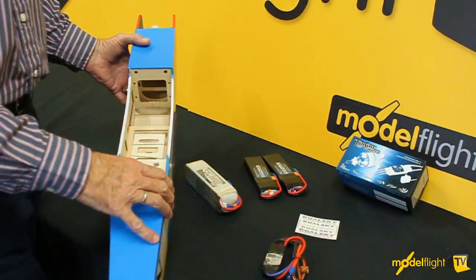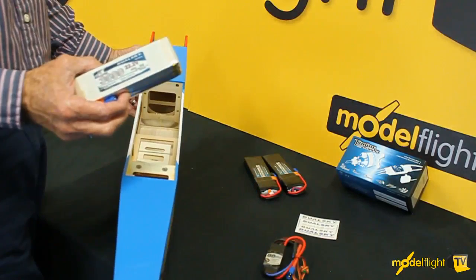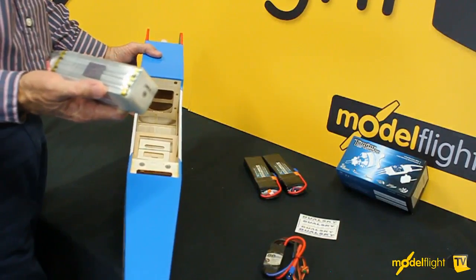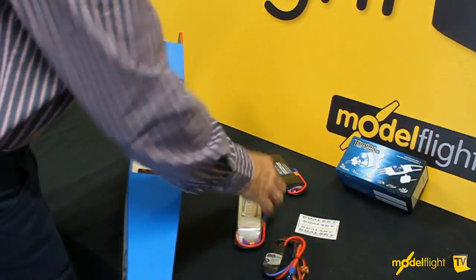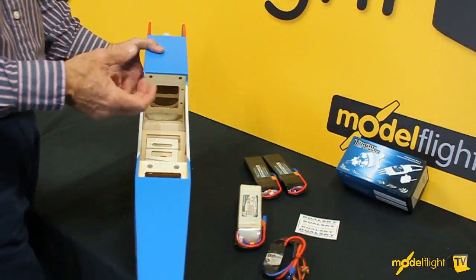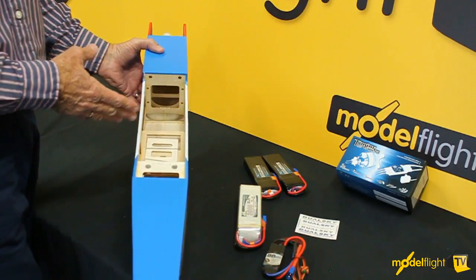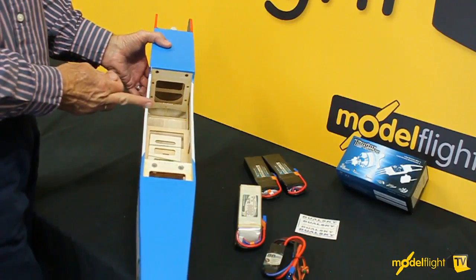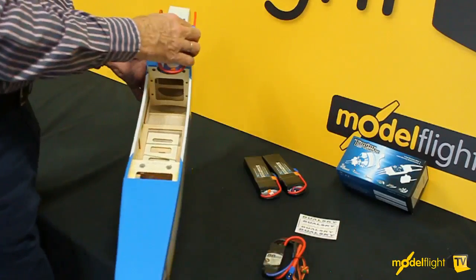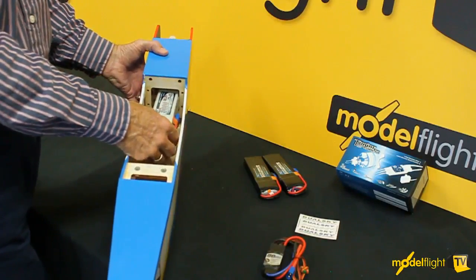This 50 size combo uses a 6S battery, and a very popular one is the Dualsky 6S 3600. So it's got a little bit of weight to it. It will need to be securely mounted. So how are we going to do that? It's very simple. We need to keep 2 things in mind. It has to be mounted so that it won't move around during flight or in a hard landing, and it needs to be positioned so that the model has the centre of gravity in the right place, which typically will be around here. The battery is a little bit heavier than the fuel tank, so we're not going to want it fully forward. It will typically mount somewhere around here, and it fits very easily with room on the side